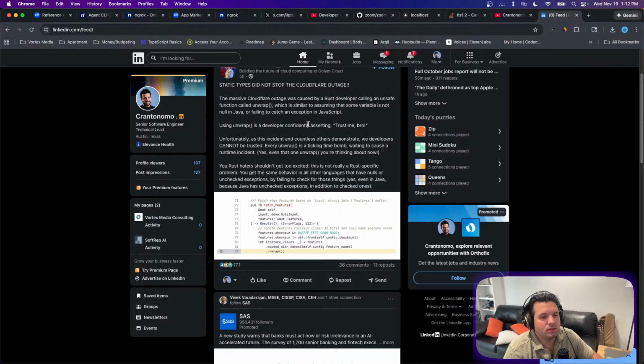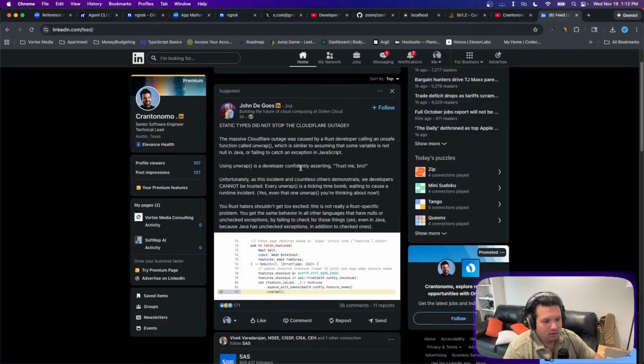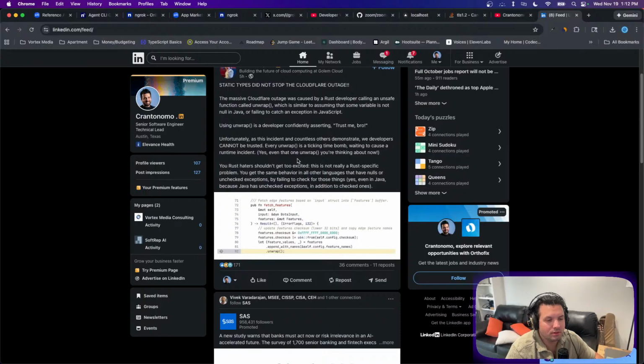See, this guy's saying that using unwrap like in JavaScript is like a "trust me, bro." I don't know about that. What is this? This is Java. The only time I've used unwrap is in Redux Toolkit, and you always do a dot then do stuff, and then dot catch, and that usually catches any possible errors. So, whoops. I don't know if they have a dot catch in Java there.